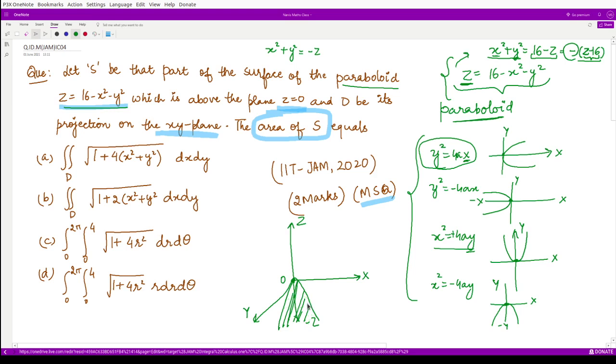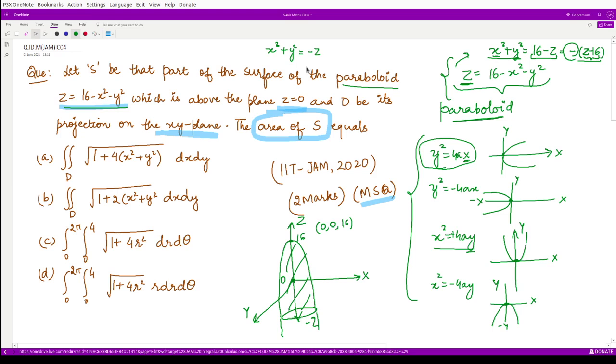So basically we have the paraboloid. Suppose this is the point. The paraboloid starts here at the point having x coordinate 0, y coordinate 0, and the z coordinate as 16, and we are having the paraboloid something like this in the negative z direction. So this would be a paraboloid, and moreover it will go up to infinity, right? So this is the 3D shape of this paraboloid.